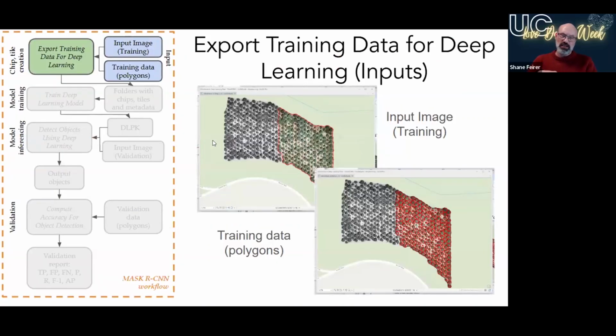So once again, as you saw in the previous one, I flipped the steps and put them on the left, and I'm just going to walk you through. Here, one of the new tools that we're going to run is called Export Training Data for Deep Learning. One thing to note is that every type of model, whether it be YOLO,